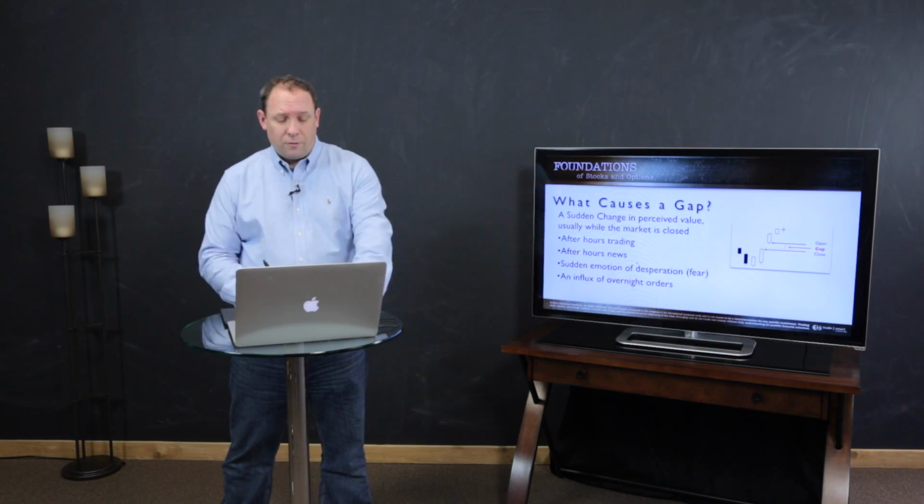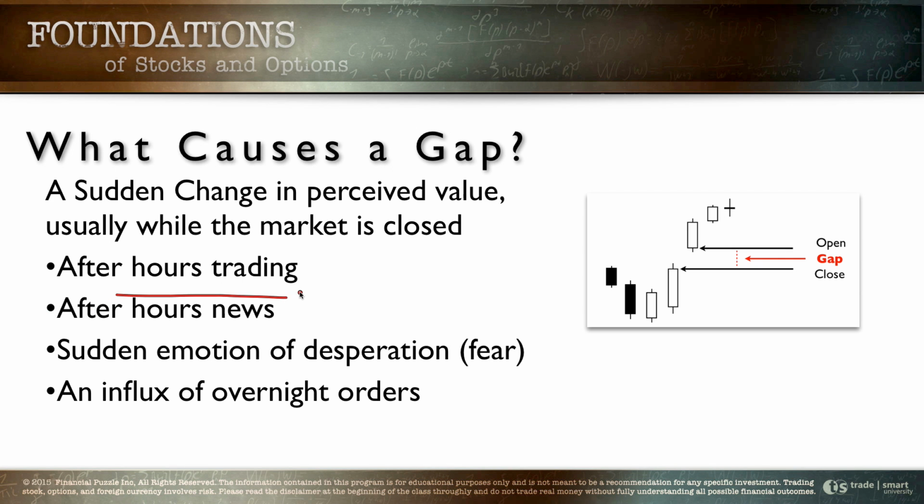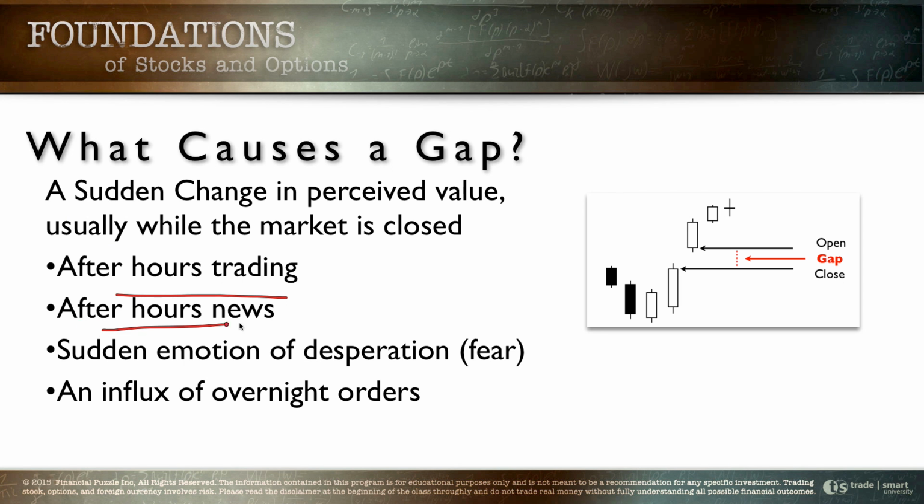Well, there's a lot of things. For example, it could be after hours trading. You realize that some markets do continue trading after the general market has closed, and that change in value, just the general trading after hours, could change the overall perception of the price of the stock for the next morning. That's one thing that could happen. We also have after hours news. This is probably going to be the bigger cause of a morning gap, where we've got news that comes out overnight. For example, maybe an earnings report came out overnight. That would oftentimes, more often than not, cause a gap the next morning as there's a new surge of information to change the perception of the value of that stock. So that would cause a gap.